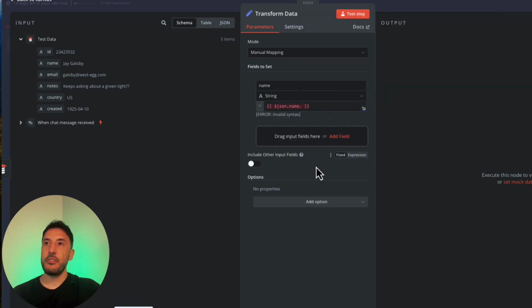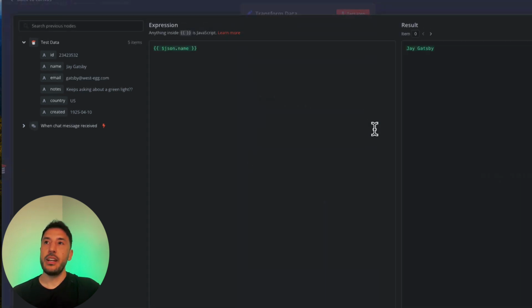But I'm not going to do that for now, so let's just go ahead and remove that dot from here. And I can always expand this. So if you have more data that you're putting in, you can click on this little button right here, and this will do an expand view, where you can now interact with it maximized and with more space. And this is going to be very, very useful when you're building complex nodes and trying to manipulate data, or if you're adding prompts, then this view becomes really useful.